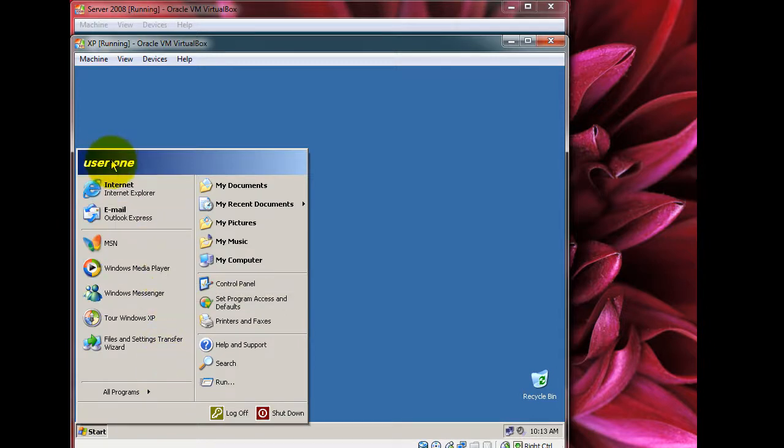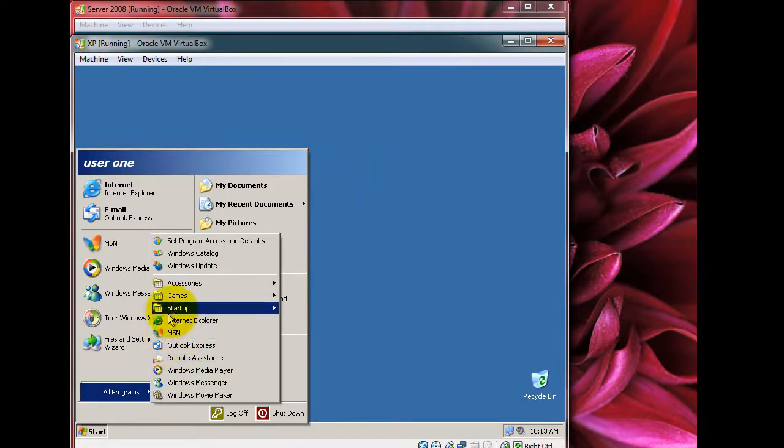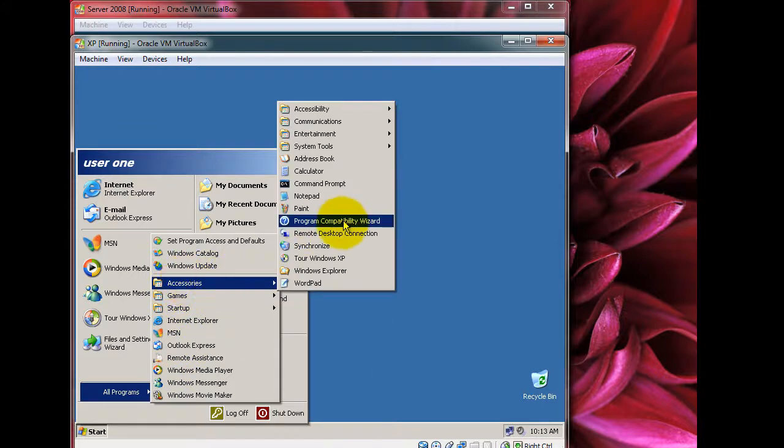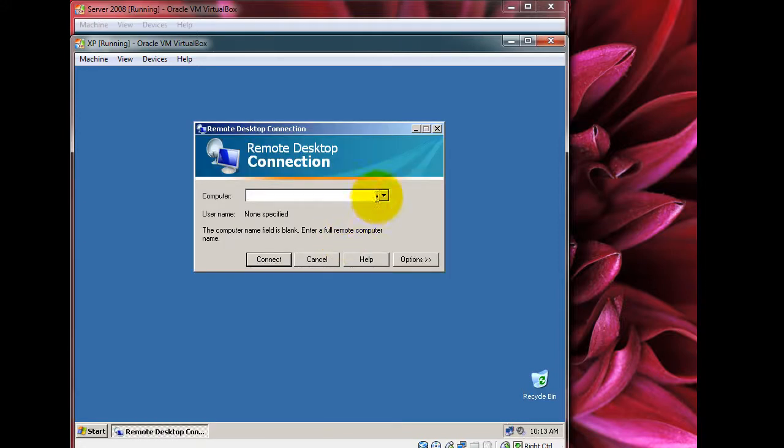Alright, so we're logged in here as user 1, and we are going to remote desktop to our server. So you're going to go to All Programs, Accessories, Remote Desktop Connection, and you can connect via your name. The name of our server is Server 2008, or via IP address. So you can click on Connect here, and it will ask you for the user credentials, or via IP address 192.168.0.1. Click Connect,